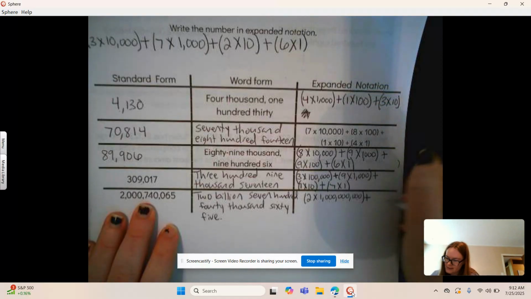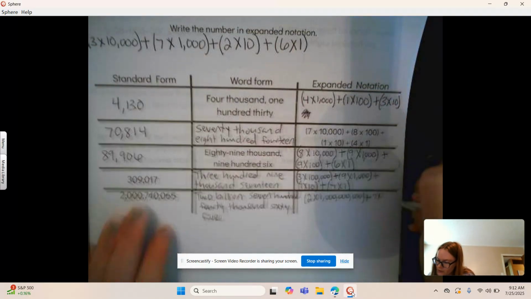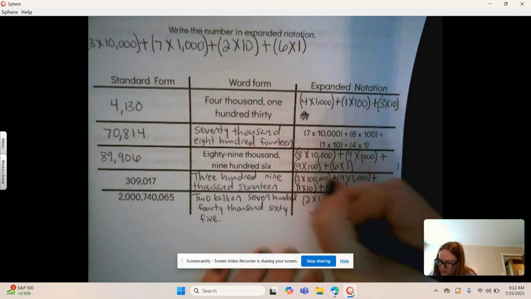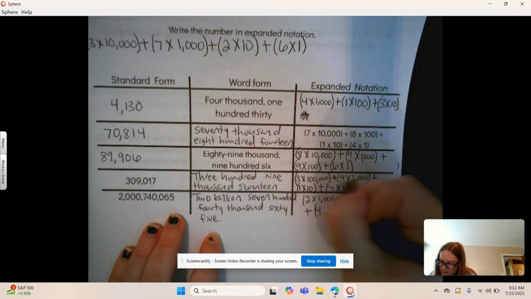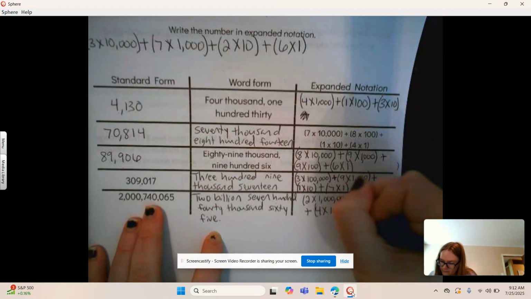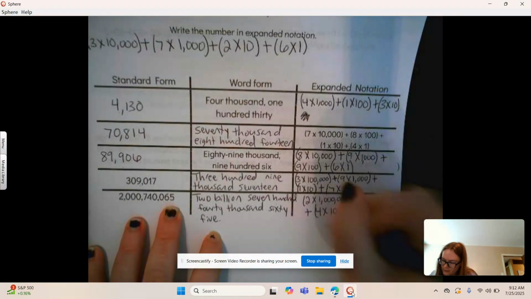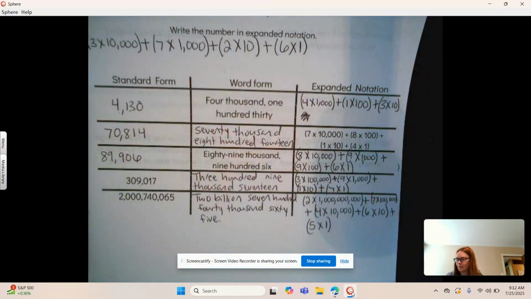Plus, our next digit is 7 times 100,000 plus 4 times 10,000 plus 6 times 10 plus 5 times 1. For 2 times 1 billion plus 7 times 100,000 plus 4 times 10,000 plus 6 times 10 plus 5 times 1 for